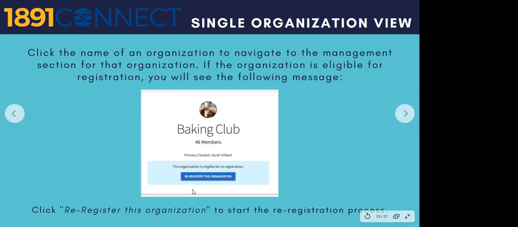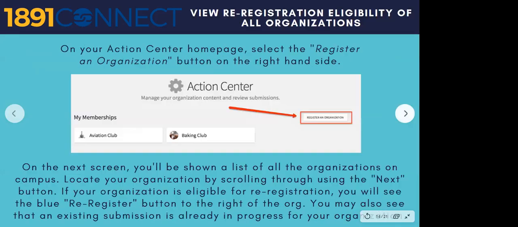If you see this, click the re-register the organization button to start the registration process. The second way to view registration is in your Action Center. Again, that is clicking on the kind of like the 6 tile button on 1891 Connect. It'll take you to the home page, where you will see this re-register an organization button on the right-hand